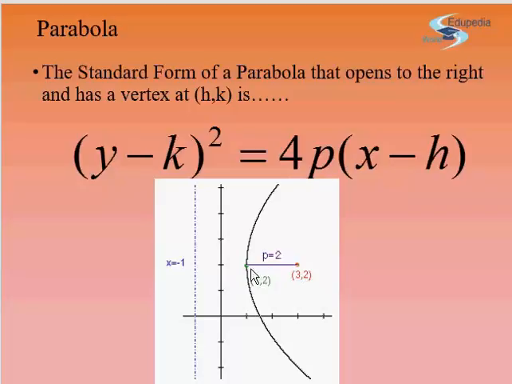Now let's first focus on this one. This parabola is centered at a point called h comma k. h is the new x point, and k is the new y point. This point is known as h comma k. So we have a directrix over here, that is x equal to 1. So we know that this vertex is actually equally distant from the focus point and equally distant from this directrix. So once we know that p is equal to 2, we know that